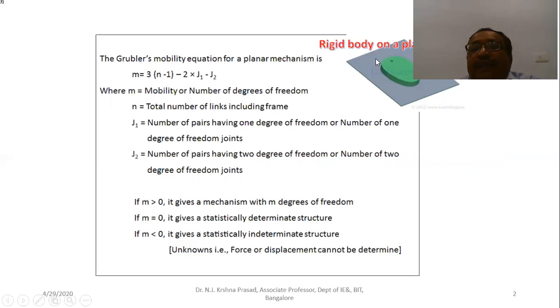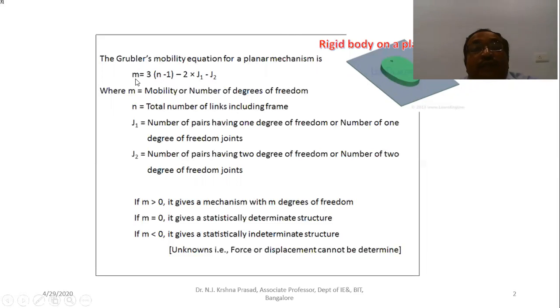So in the planar mechanism, if it is placed in the XY plane, it is possible to move in X, Y, and Z direction. That is, Z is prevented. And only in the XY direction, when it is placed as a planar mechanism, it has 3 degrees of freedom. So that we should take 3 into n minus 1 minus 2j1 minus j2. That is the equation